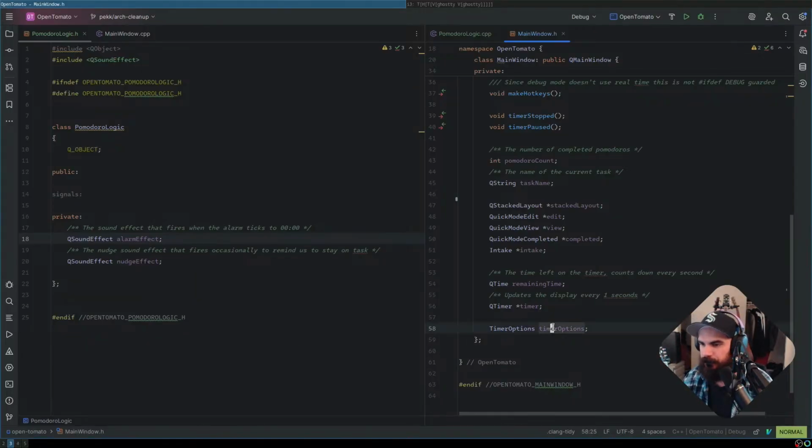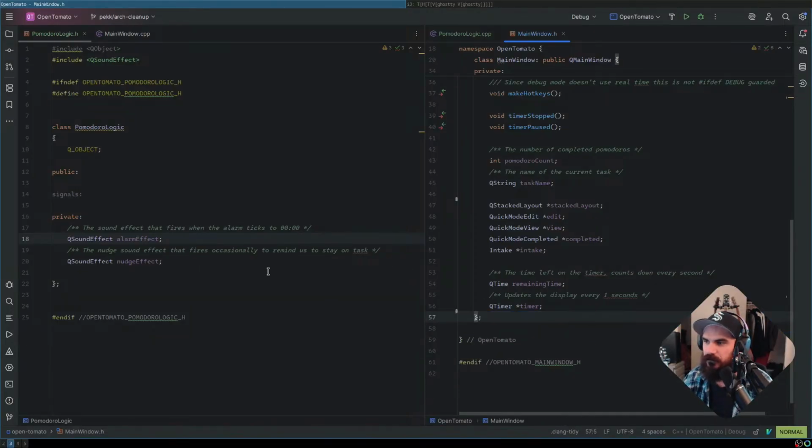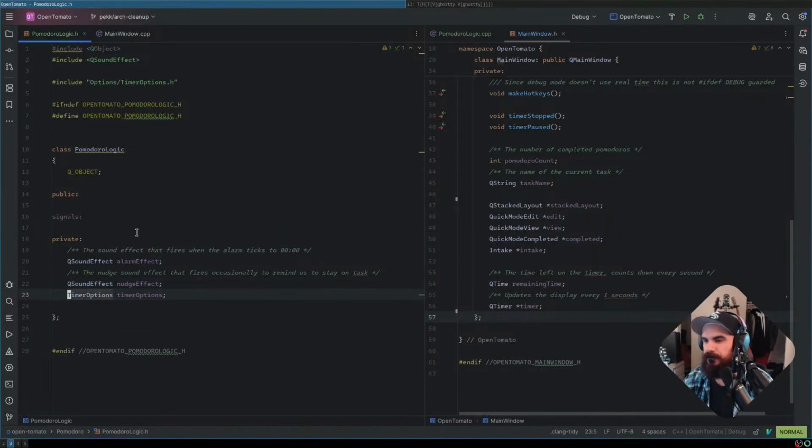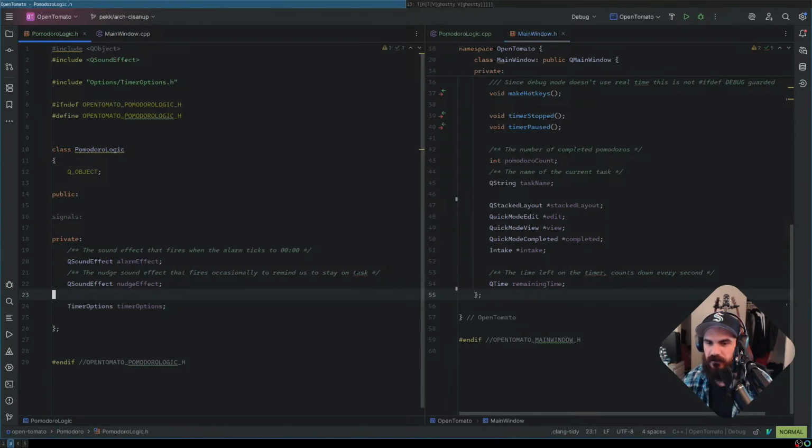All right. Timer options probably also needs to go to the controller. I've been working on a rhythm game on the side, been trying to optimize speed. Yeah, I could see why you would need to optimize speed in a rhythm game. QTimer, the timer's going to come over here.